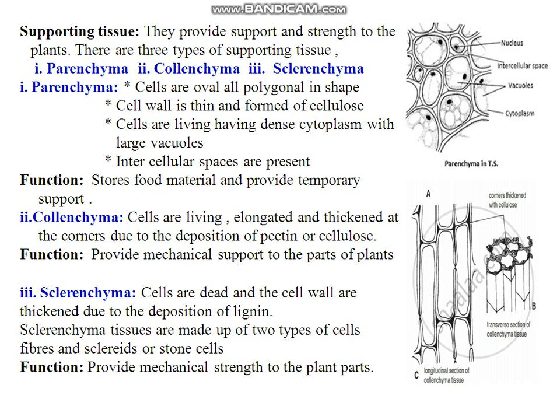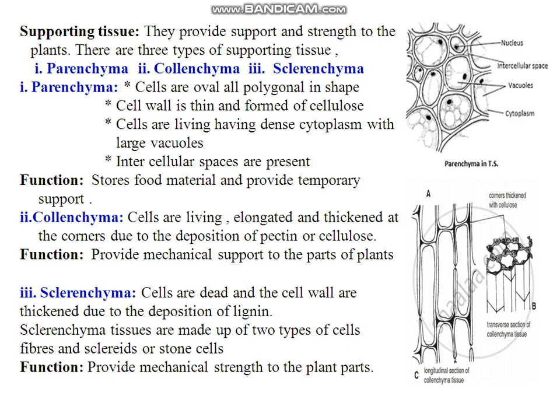Cell wall is very thin and formed of cellulose. Cellulose is a polysaccharide. Therefore, to some extent, parenchymatous cells provide mechanical strength also. And the main function of parenchyma tissue is to store food. So what is the function of parenchyma tissue? Parenchyma tissue provides mechanical support to the plant, I mean temporary support, and stores food.